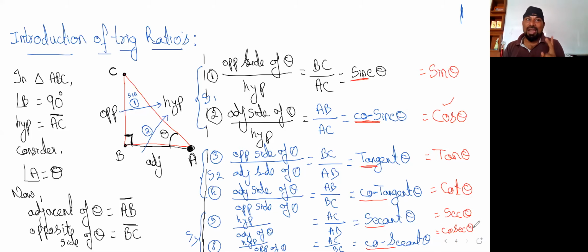Okay, so we are having 6 trigonometric ratios. Of course, we are having only 3 sides: opposite, adjacent, and hypotenuse. What is the relation between the 3 of them? Okay, in set 1 we now have total 6 ratios. Sin cos is one set, tan cot is the second set, secant cosecant is the third set. Totally 6 trigonometric ratios. Okay, now let us see here.